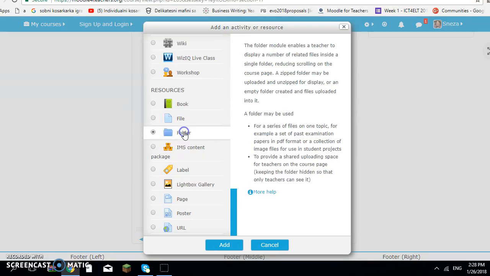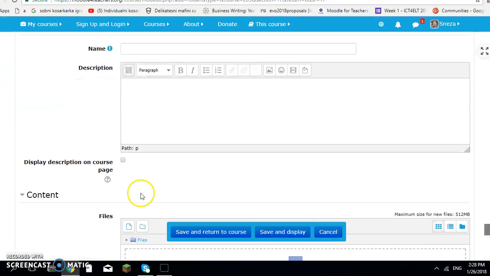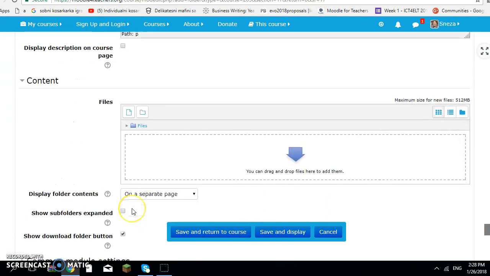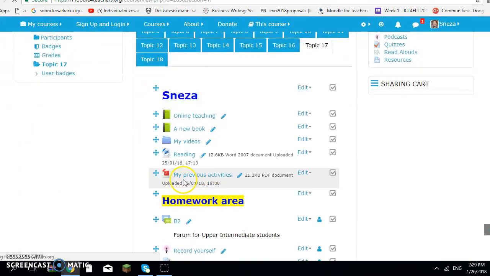If I want to make another one, I'll just say add, and I will write the name of the folder, the description if possible, contents, and so on. When I finish making it, I will click save and display, but at the moment we will just cancel, and here